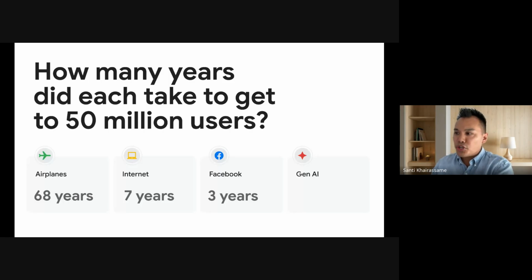All right, last one, generative AI. Not just Google Gemini, but also ChatGPT, which I'm sure you've heard of, and other generative AI tools. Keep in mind, these Gen AI tools came out about 2 years ago. How long did it take to get 50 million users? 5 weeks. All right, somebody got 5 weeks. Crazy stuff, that's incredible. 50 million is a huge number. Generative AI tools reached 50 million users in 5 weeks. Why did it reach 50 million users so fast?